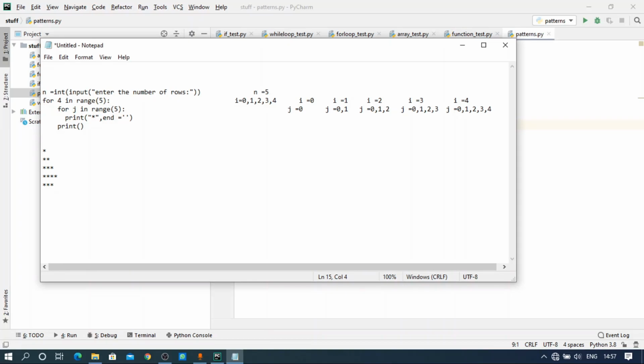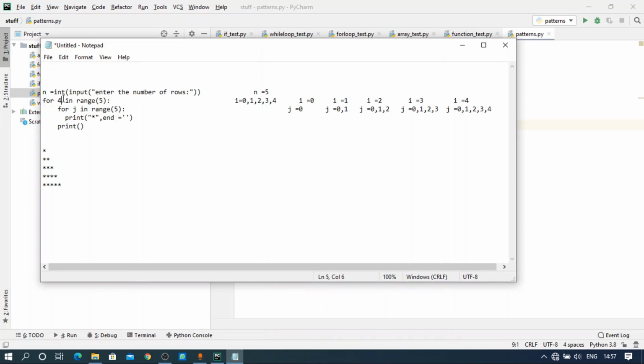And now j will become 3. 3 is in range of 5, true, so a star is printed. And then j will become 4. 4 is in range of 5, so a star is printed. And now j will become 5. 5 in range of 5 is false, so it will come out of it, and then it will move to the new line.